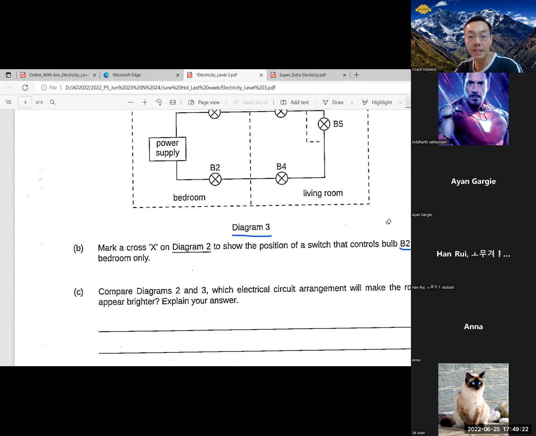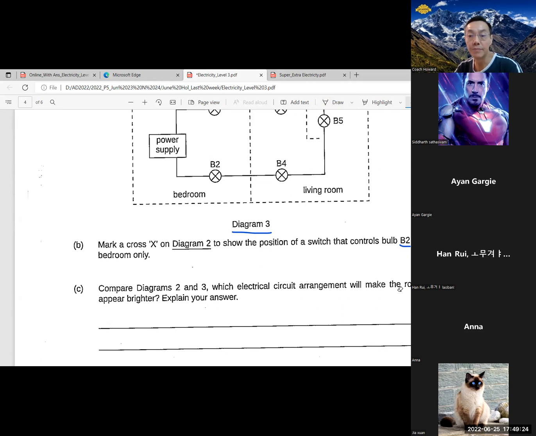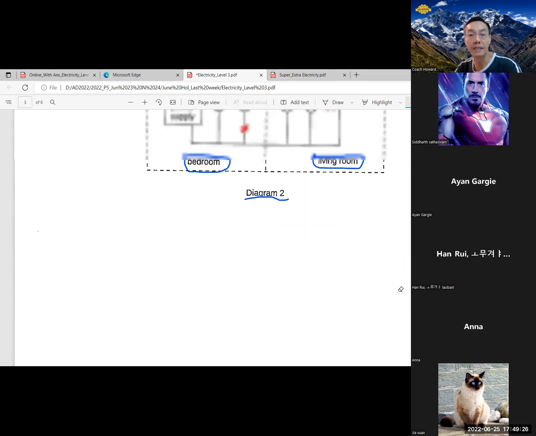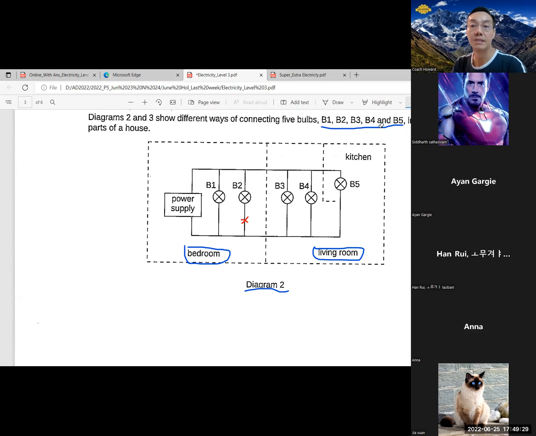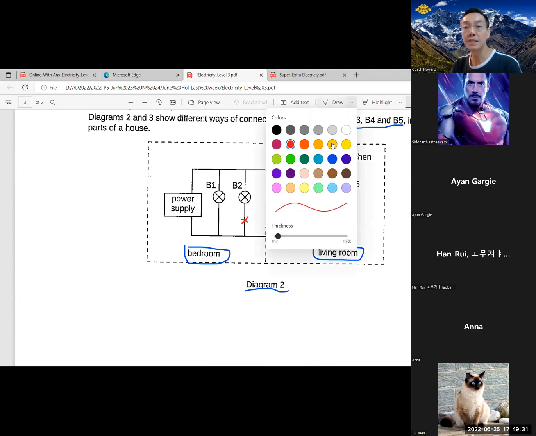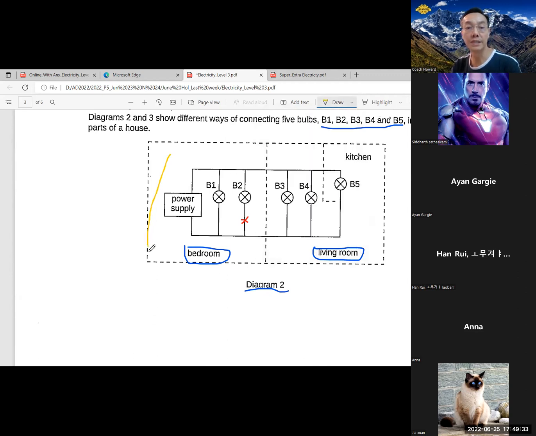Okay, the room actually here, they didn't say, is it a bedroom or a living room? Make the room appear brighter. Okay, never mind. Actually, I think it's both rooms. So if you observe in this circuit here, this whole thing here, you will notice that